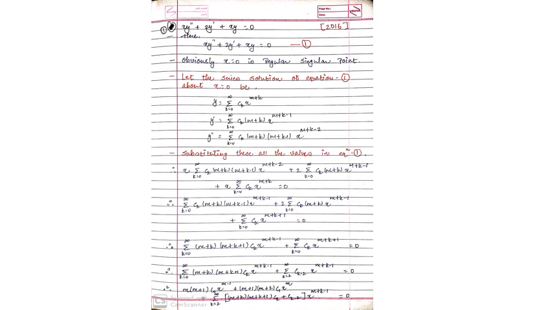Now all these values you have to substitute in equation number 1. So putting all the values in the first equation, here I have put all the values, you can see that. Now next step, you have to open the bracket, but see here there is no bracket given. So directly we will move to the second step, and that is you have to convert into a single power of x.